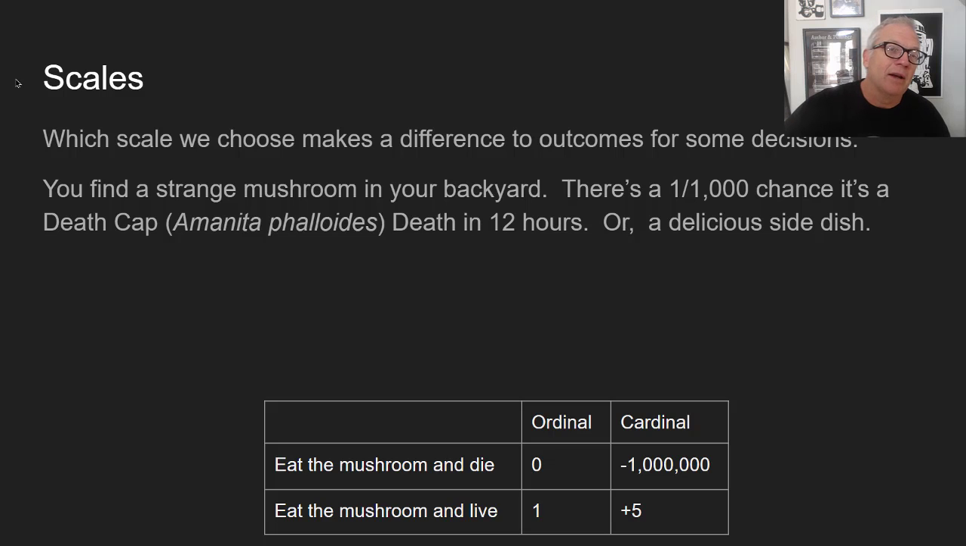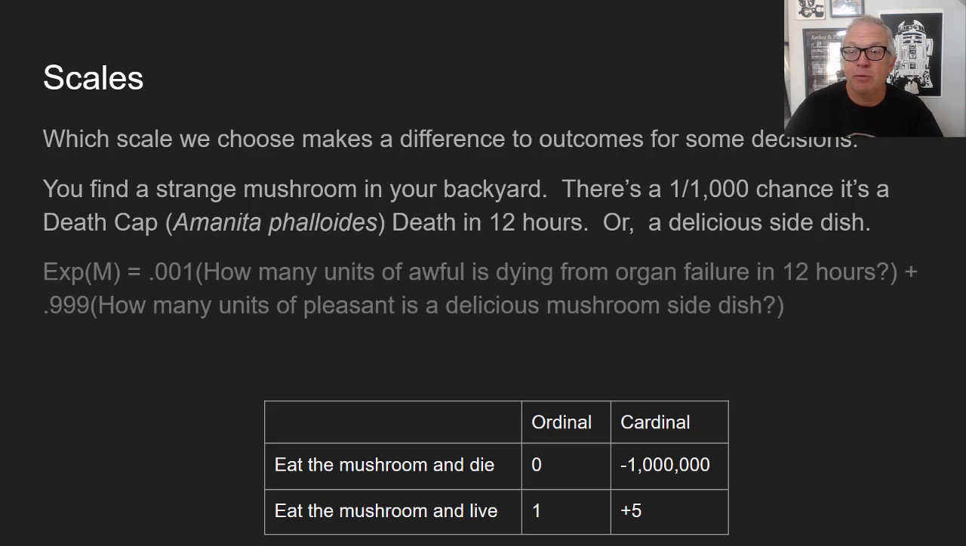How great is a great mushroom side dish? It's maybe +5 if dying is -1,000,000. Or, whatever, it's open to debate now. If you say, look, a mushroom side dish is at best worth 5, but dying, that's horrible, that's -10,000,000, there's nothing worse. Okay, fine. Now we've got a way to run the numbers and figure out the answers. And my only point here is that which scale you choose makes a difference on the outcomes for the decision, especially when we start doing